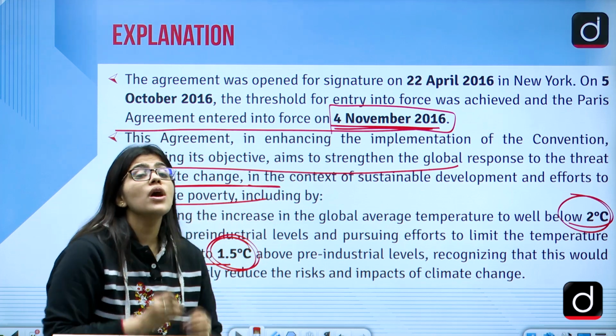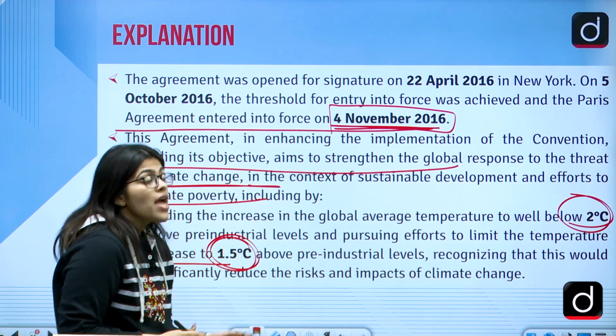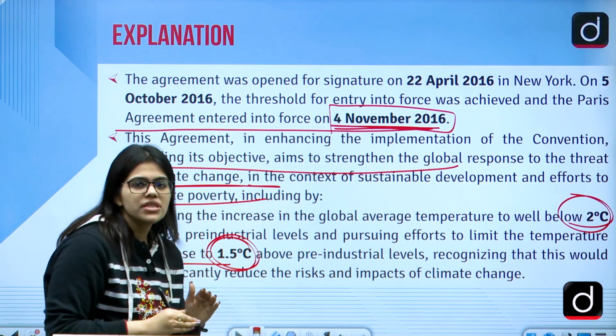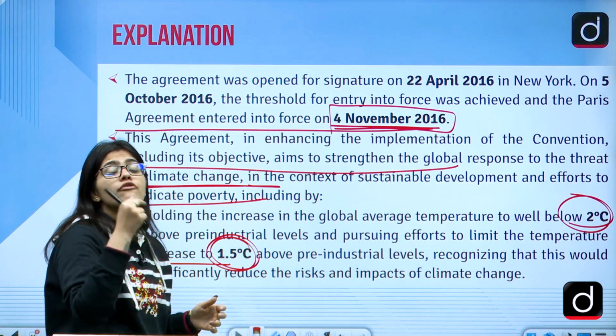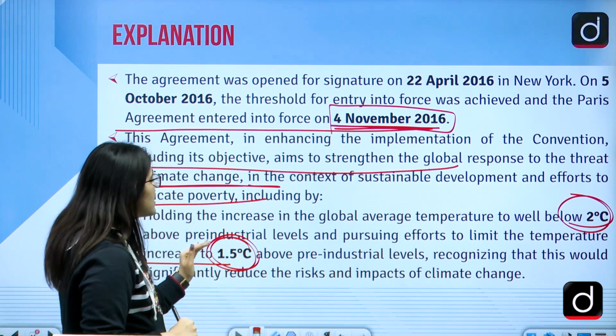It started to work on 4th November 2016. They said the basic aim is to reduce the temperature, to eradicate poverty, and also to work for sustainable development. These are a few things that they said. They said that we will